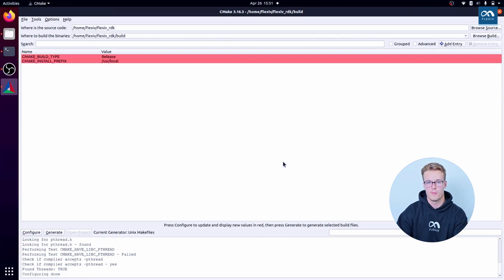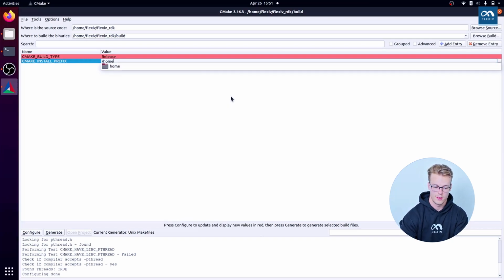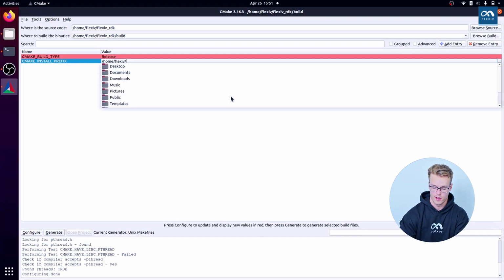After this, I would recommend changing the CMake install prefix to a dedicated directory within your home directory, although you could leave it if you like, but best not to have it set to a system path like this, I think. So I will specify my home directory, the full path for it, and then some new folder name. Let's call it